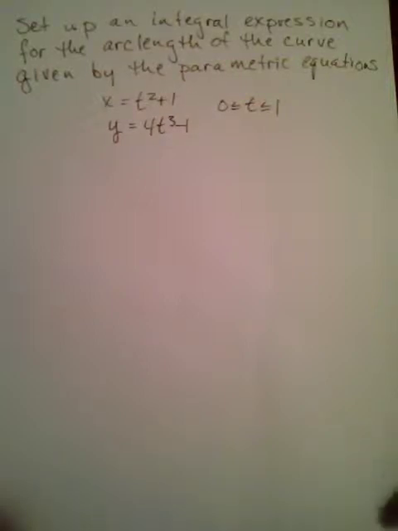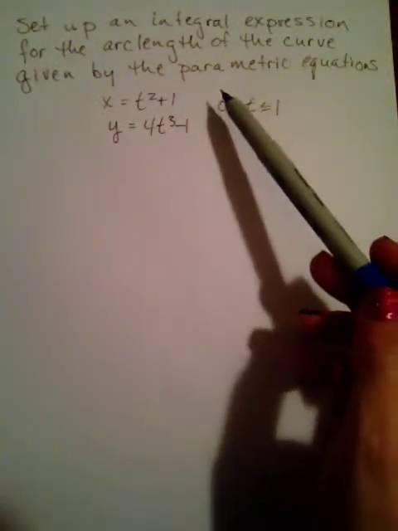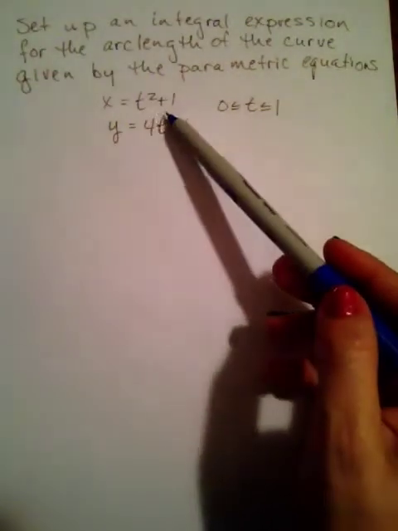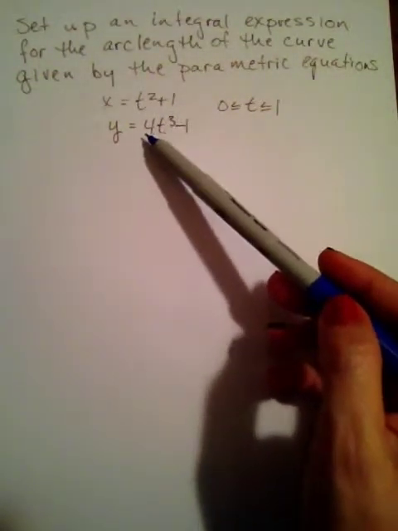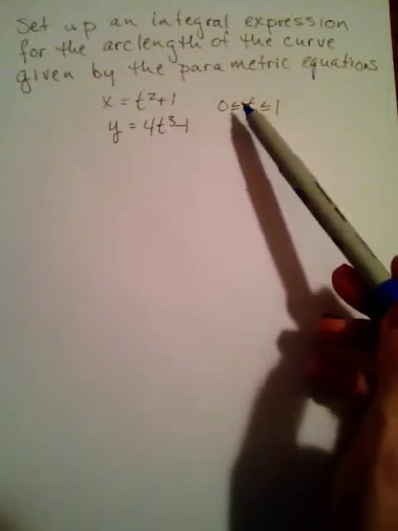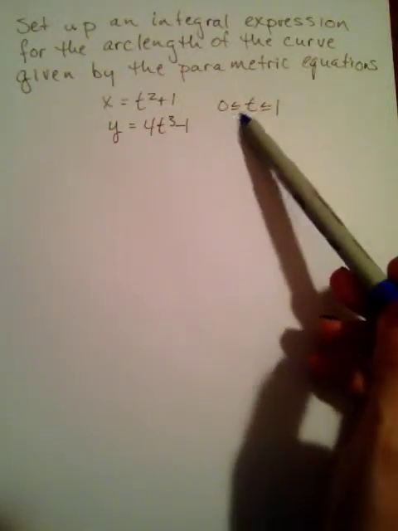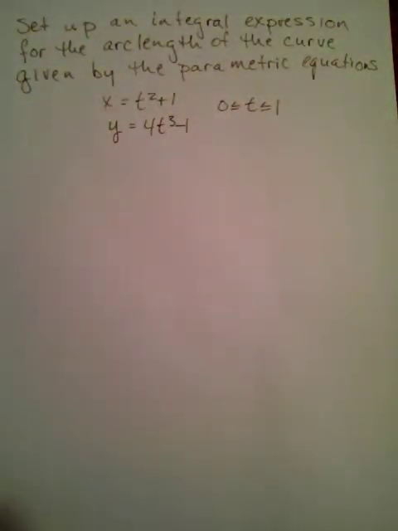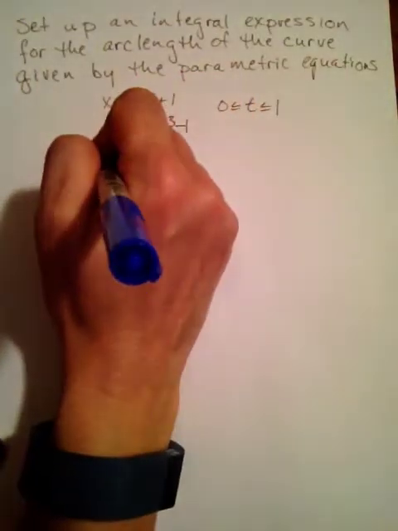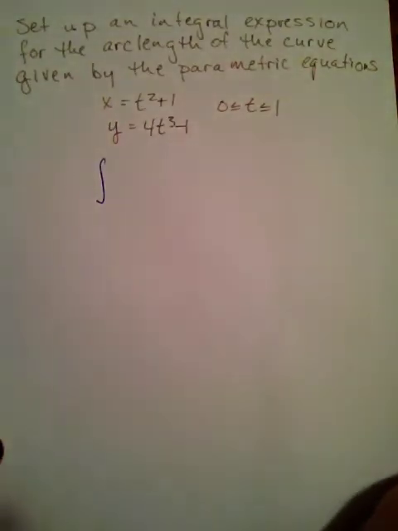Set up an integral expression for the arc length of the curve given by the parametric equations x equals t squared plus 1 and y equals 4t cubed minus 1 when you're looking at the interval from 0 to 1 for t. So the integral expression, the actual formula, we are integrating because we're adding up a bunch of tiny